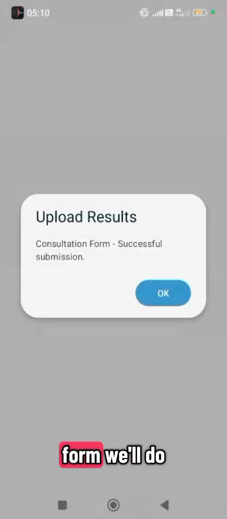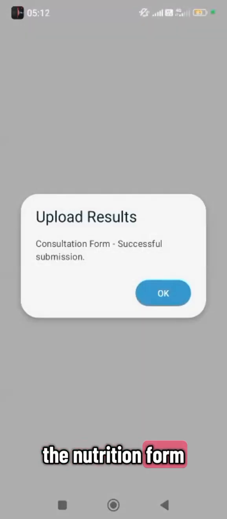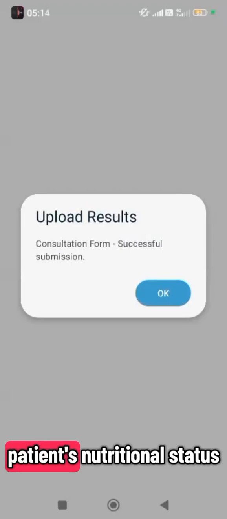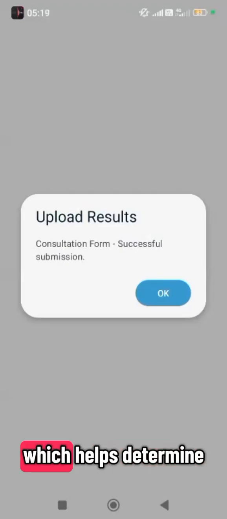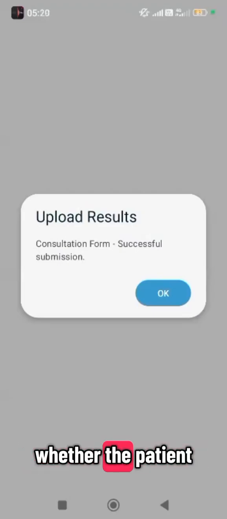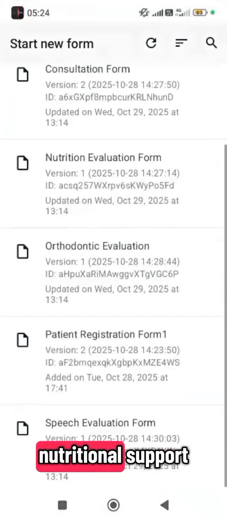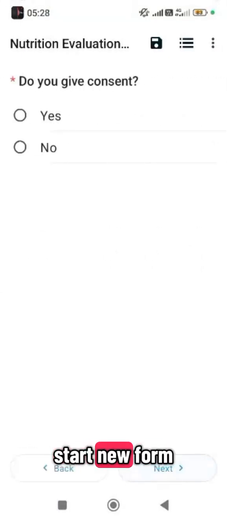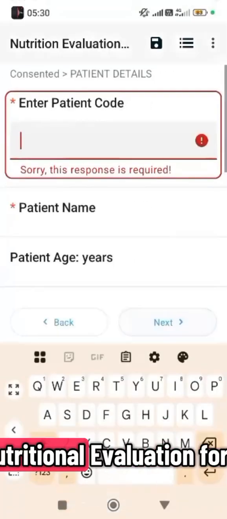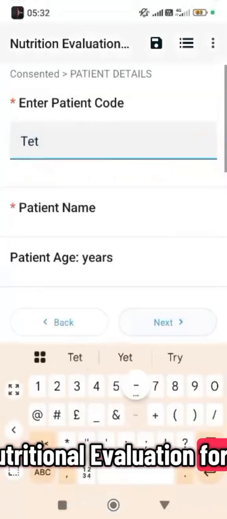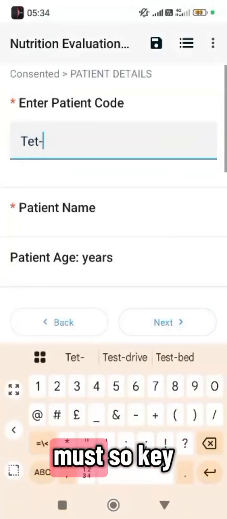So the next form will do the nutrition form, which evaluates the patient's nutritional status before surgery, which helps determine whether the patient is fit for surgery or requires any nutritional support. So head back, start new form, then head to nutritional evaluation form. Consenting is a must. So key in TET,